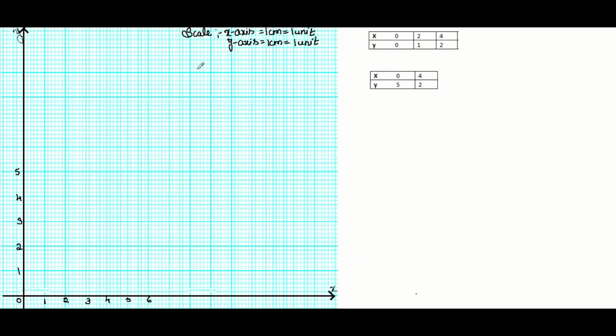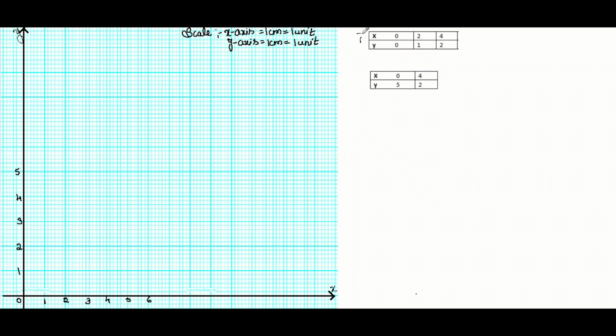Next, you have to write down the scale, whatever measurement you have taken here. I have taken 1 centimeter, and for each 1 centimeter I have taken 1 unit. So for the x-axis you write 1 centimeter equals 1 unit. Likewise for the y-axis, 1 centimeter equals 1 unit. Then you have to write down the numbers. Here the maximum number in both groups is 4 itself. We can take even 1 or 2 numbers more than that.